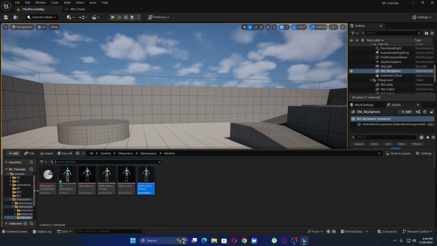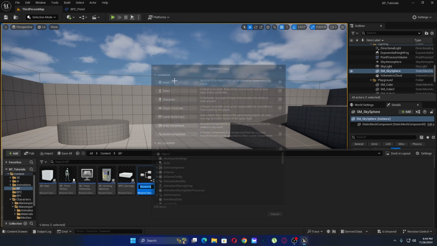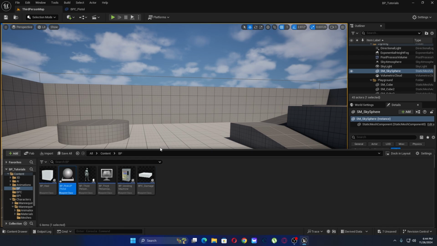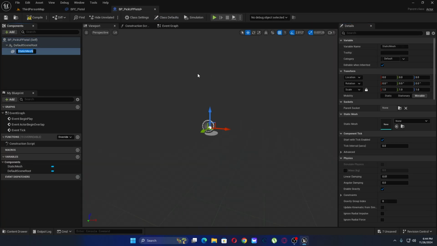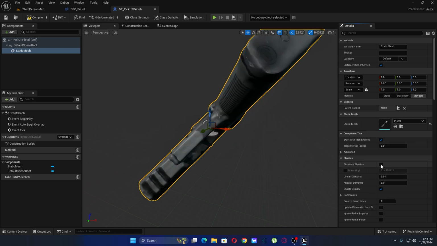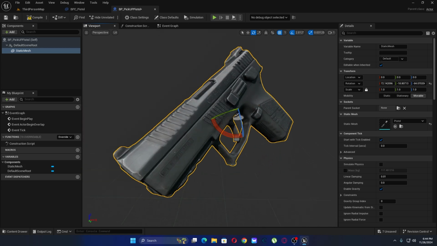Now, what I want to do, I want to create a new blueprint and just say blueprint actor, blueprint pick up pistol. Here I want to add a static mesh, which is also gonna be pistol. We want just to rotate it so it is gonna go like